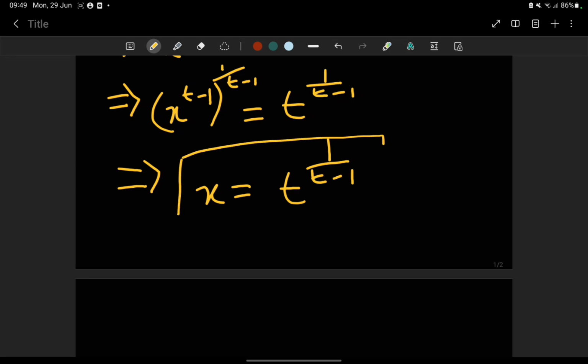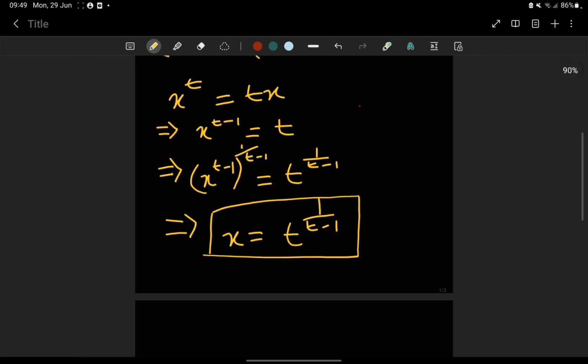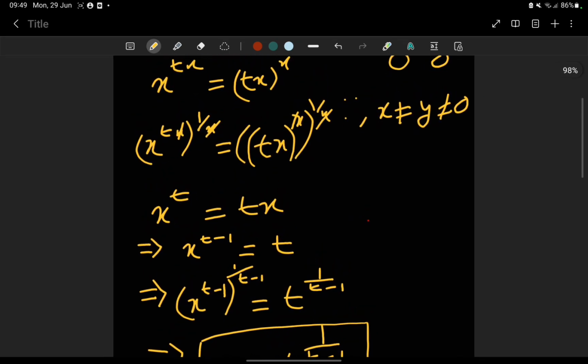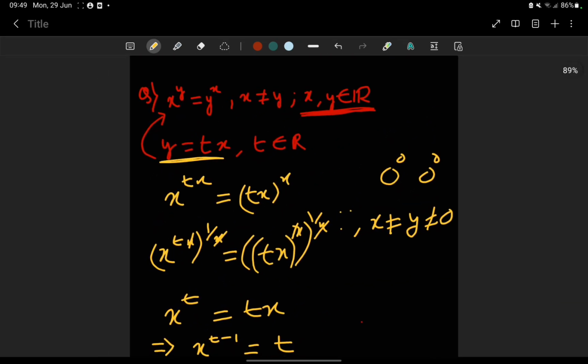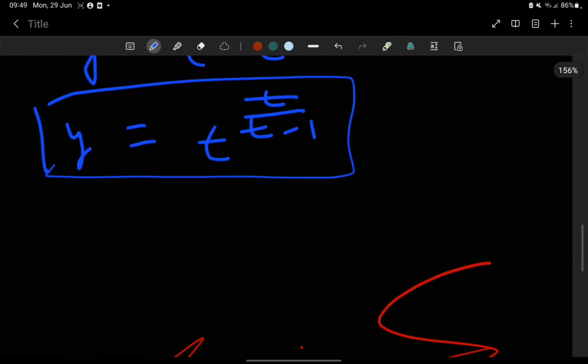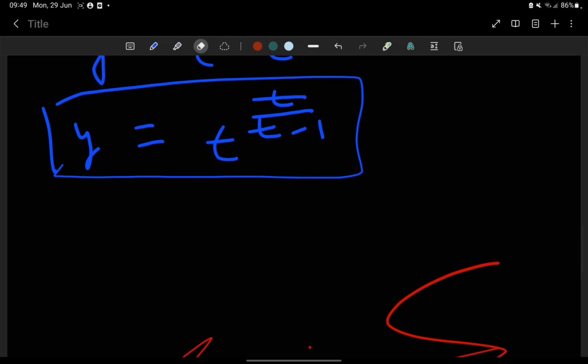I think we got our solution for x, and now we'll substitute this x back into the equation for y. So we'll get y equals t into t to the power 1 by t minus 1, and then if you simplify it, we'll get y as t to the power t by t minus 1. So that's the solution for y. And now any real number you take,